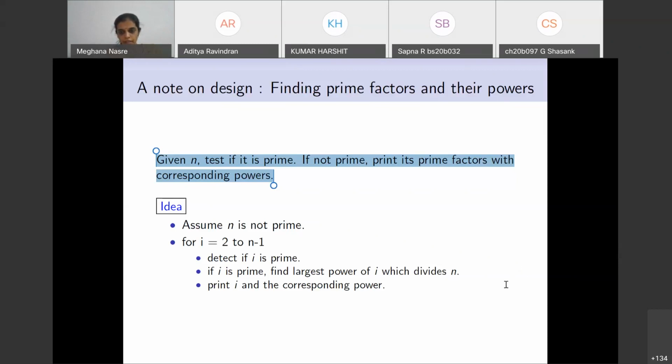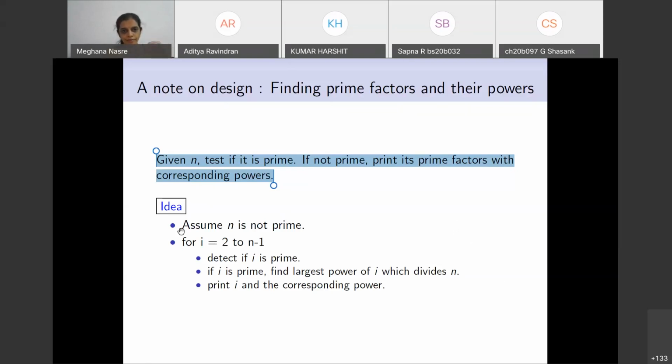2 2, and then okay, so now I need shift enter, 5 2, right? So I don't know how my message is coming. Yeah, it has come in as 2 separate messages, but this is the output: 2 space 2, 5 space 2, which means that 2 to the power 2 into 5 to the power 2 is the prime factorization of 100. So this is the expected output of our program.